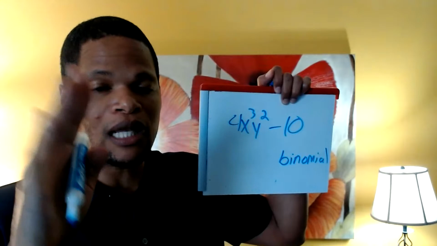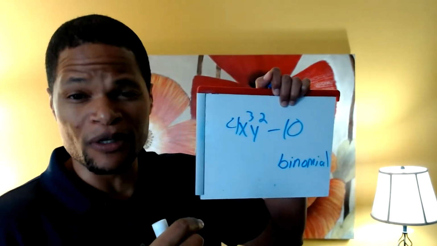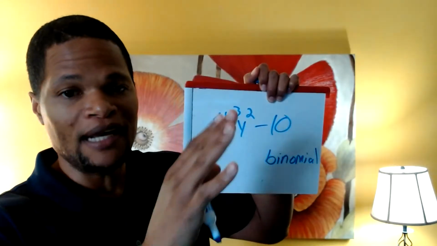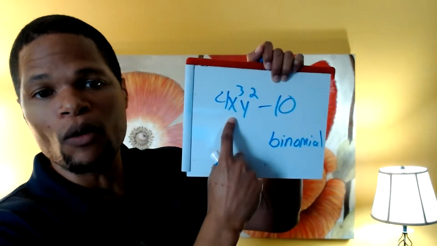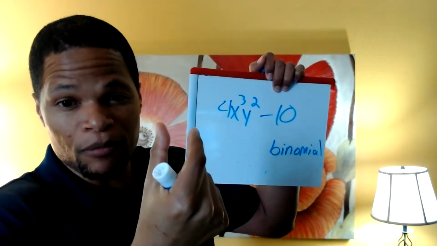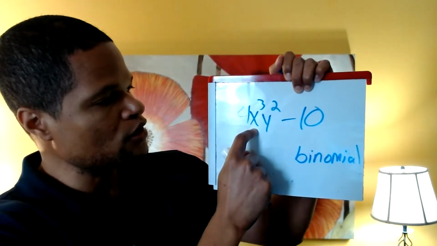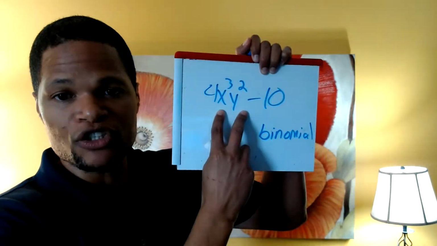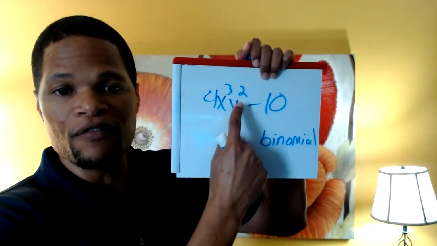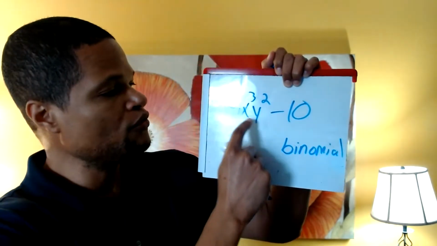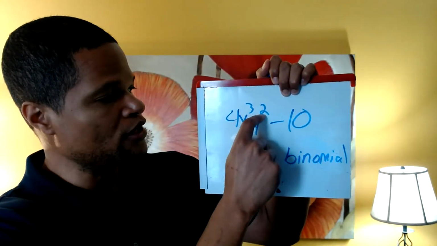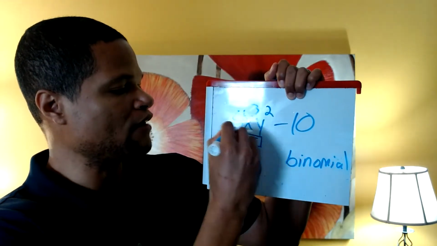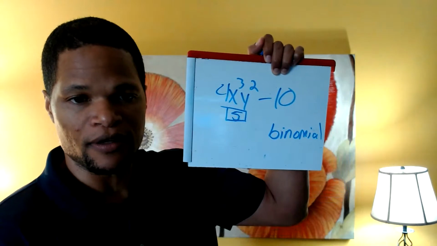And as you remember in class, the degree of a polynomial has to do with which term has the higher degree. If you paid attention in class, you might recall that whenever you have a term with 2 variable parts, such as 4x cubed y squared, you have an x, you have a y, the degree of that term will be the sum of the variable parts. So you have 2 variables and they each have a power, 3 and 2. You add those together, sum. That makes the degree of this term 5. I'm going to put that into a little box right there.